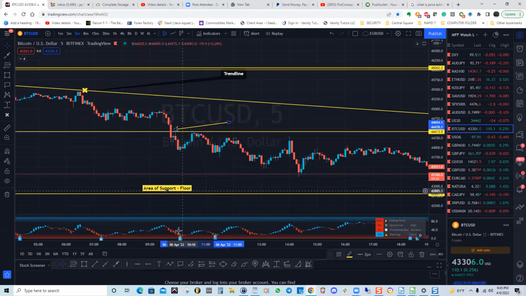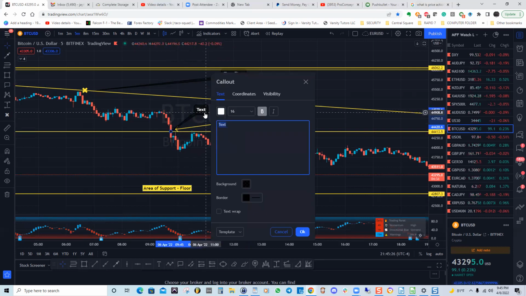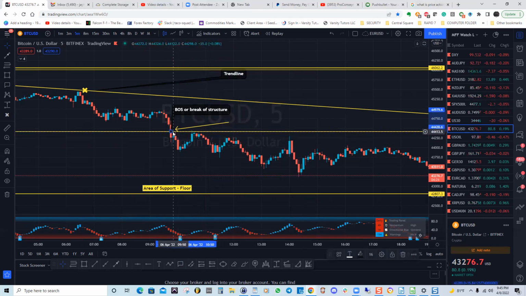So what we see here is what we call break of structure. This right here is what they call BOS, or break of structure. Break of structure means that price broke through a structure or a line or a support or resistance. So let me move the arrow over here so you can